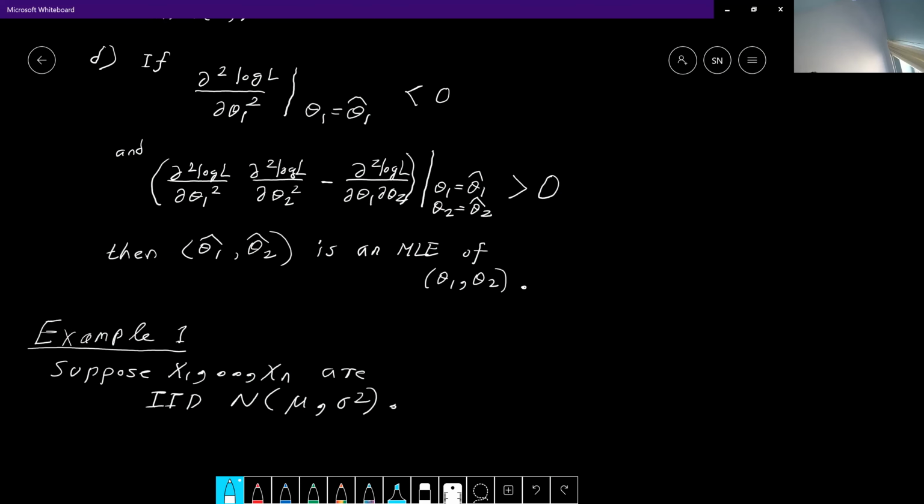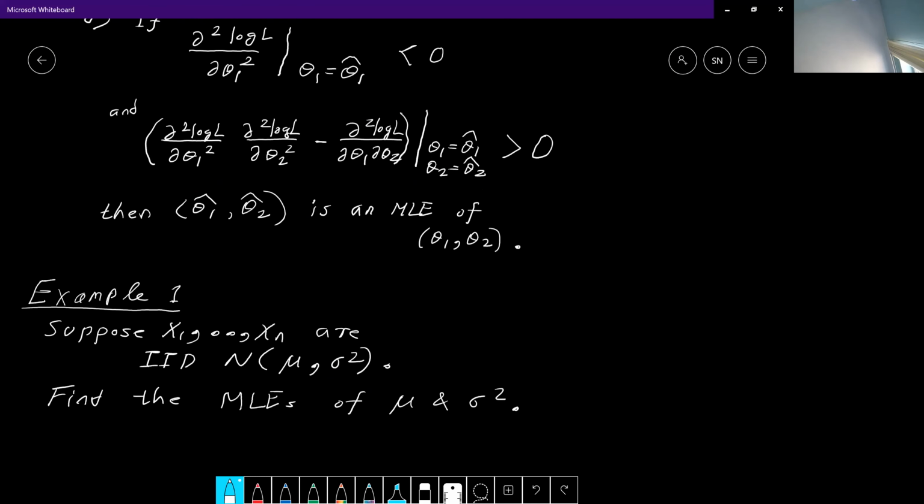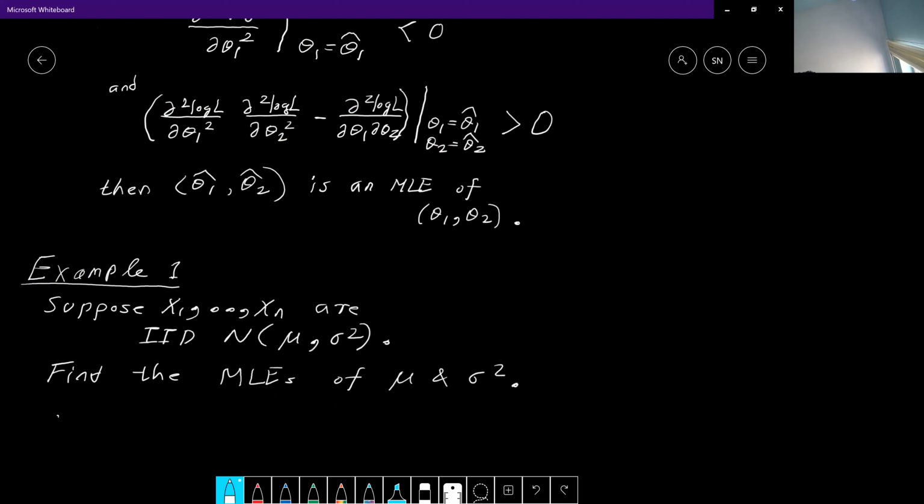So we want to find the MLEs of mu and sigma squared. Okay. So we need to follow the procedure that I just described to you. So the first step, A, is to write down